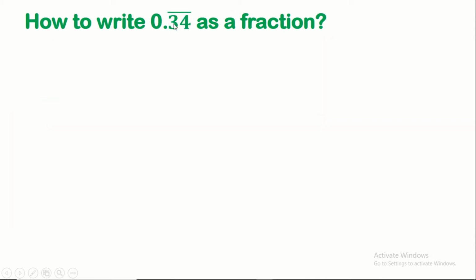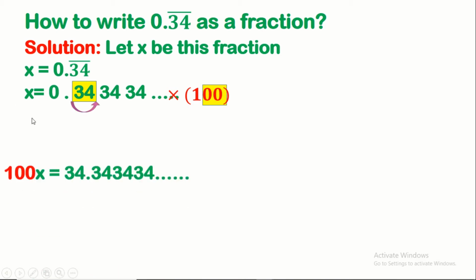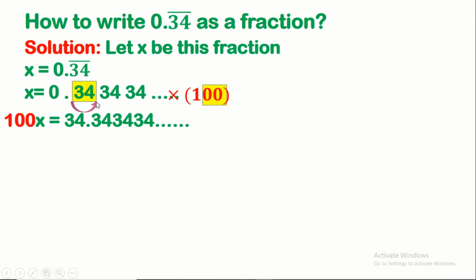What happens if we have two digits in the periodic decimal part? Let x equal 0.34 bar. It's 0.3434... As you see, how many digits are repeating themselves? Two digits. So we multiply it by 100. We use two zeros. Well, so 100 times x is 100x. Also, we move the point by 2 digits since we are multiplying it by 100. Sure, we move it to the right since it's multiplication. The point will be here, so